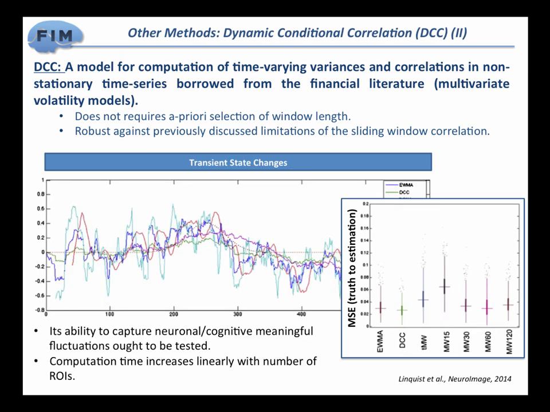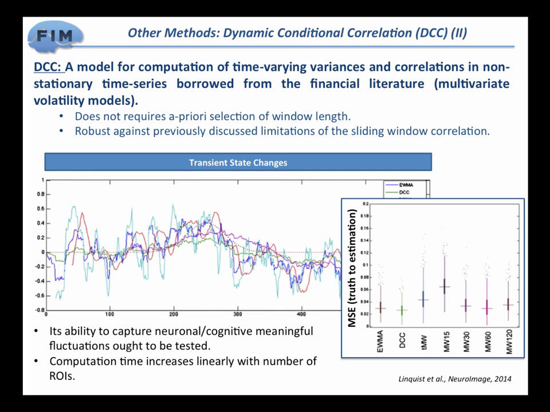They also have simulations with another type of potential dynamic behavior in which you have a steady connectivity and then there is a transient. Also in this case, this DCC metric seems to be quite good at picking it up. So this is a potential thing to consider. And I would recommend that if you're doing this type of analysis, it's always a good idea to compare several methods and make sure that your conclusions